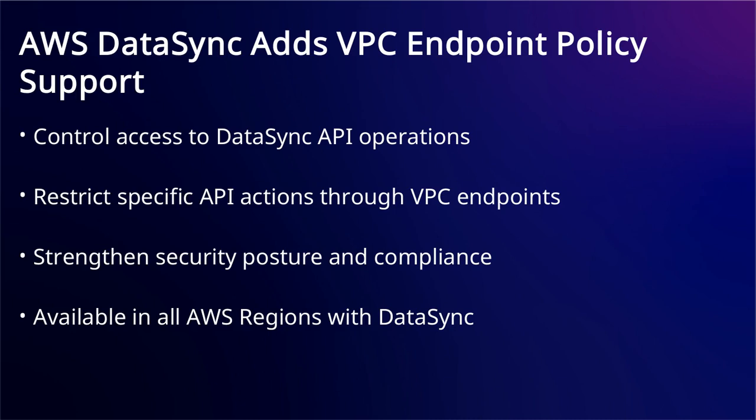Organizations need to secure access to DataSync API operations when using VPC endpoints. AWS DataSync now supports VPC endpoint policies to address this challenge. You can control access to DataSync API operations through VPC service endpoints, including FIPS 140-3 enabled endpoints. This allows you to restrict specific API actions accessed through your VPC endpoints, strengthening your security posture and meeting compliance